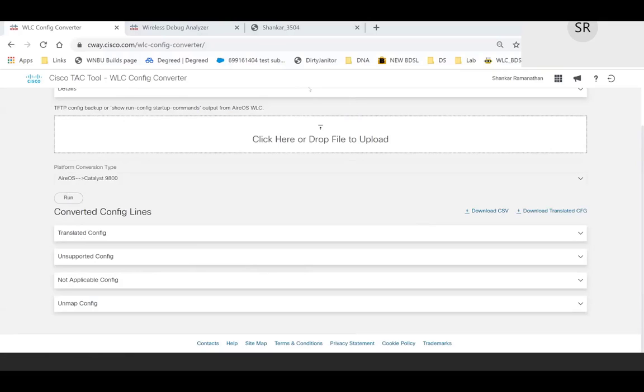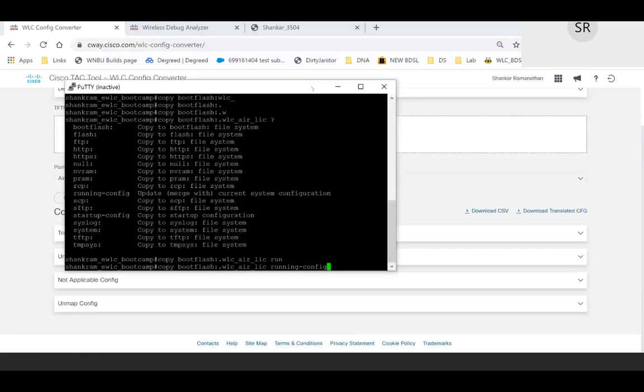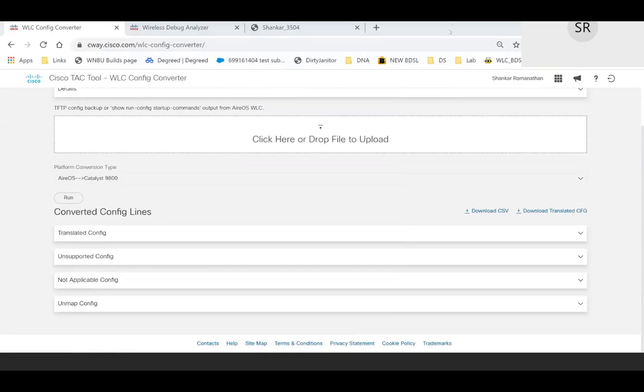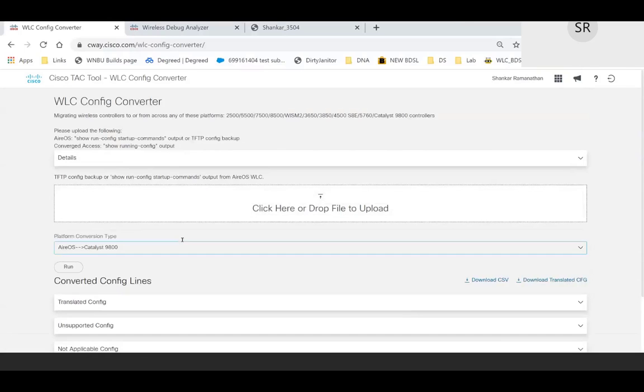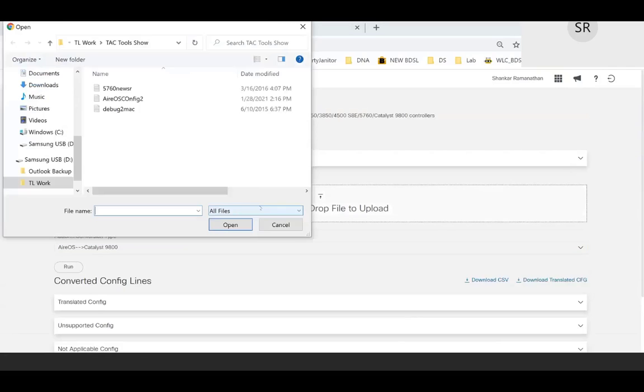Though it's okay to just do that, it's best practice to always reload the controller after the config migration has taken place, so that the new config changes are in sync. So that was a quick high-level demo on some of this, and I'll also quickly show